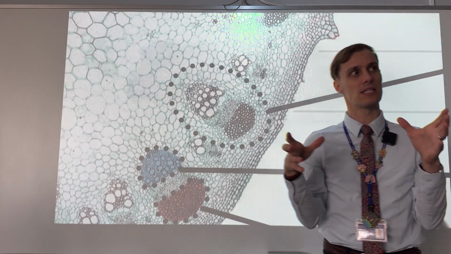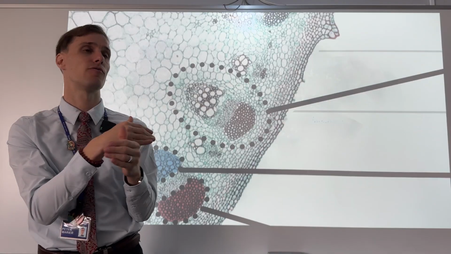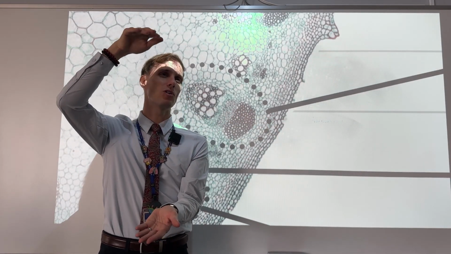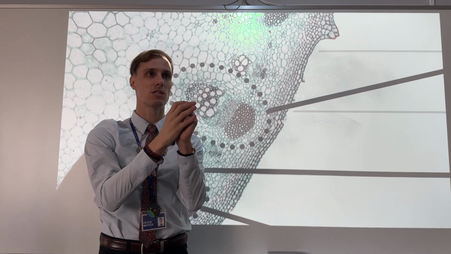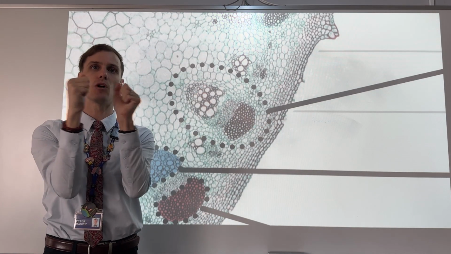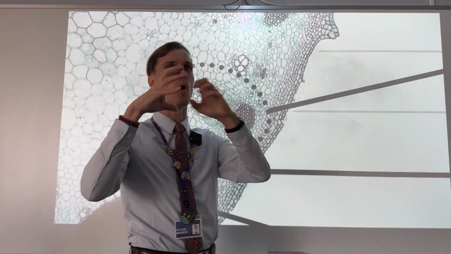If the adhesive forces are greater than the cohesive forces, you're going to get an upwards pull of capillary action. But you can only really do that when the tube is really small. So this is why you have a bunch of these little tubes all connected as opposed to one big xylem